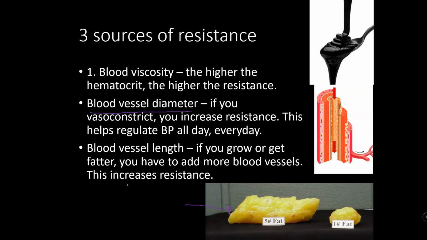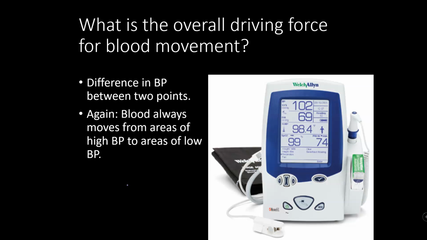Now, going back to the one I skipped, blood vessel diameter is something that changes all day, every day on a second-to-second basis. Your sympathetic and your parasympathetic nervous systems are constantly playing with that, depending on what you're doing. If you are vasoconstricting, you're going to tend to be increasing blood pressure. If you are vasodilating, you're going to tend to be lowering blood pressure. And you're doing that to satisfy tissue needs. You're doing that to help regulate blood pressure. You're doing that for tissue perfusion. You're doing that for a whole number of different factors. So that's basically how that's going to work.